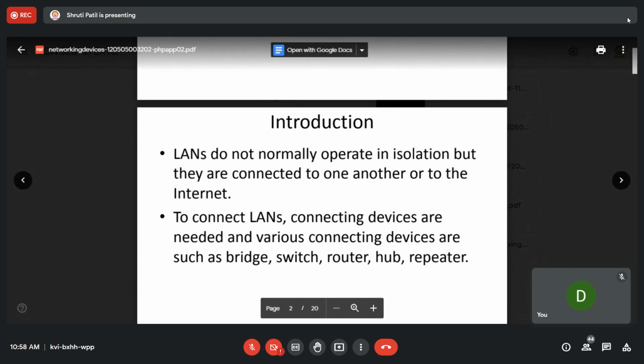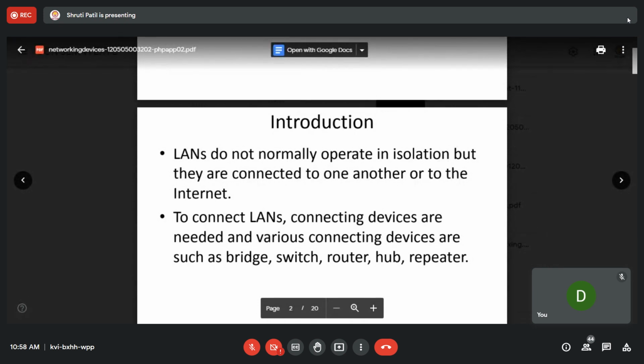So you have interconnecting devices, connecting two different networks or two different nodes. LANs do not normally operate in isolation; they are connected to one another or through the internet.